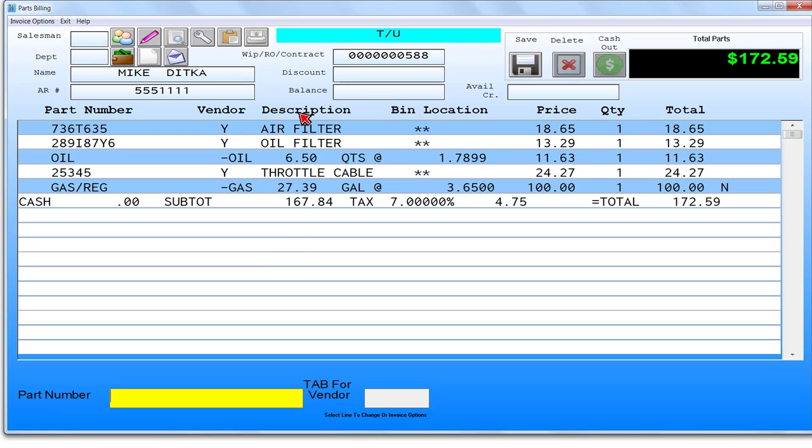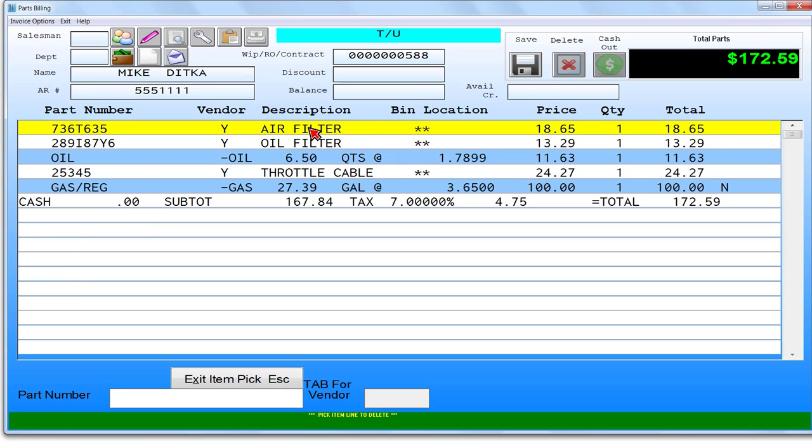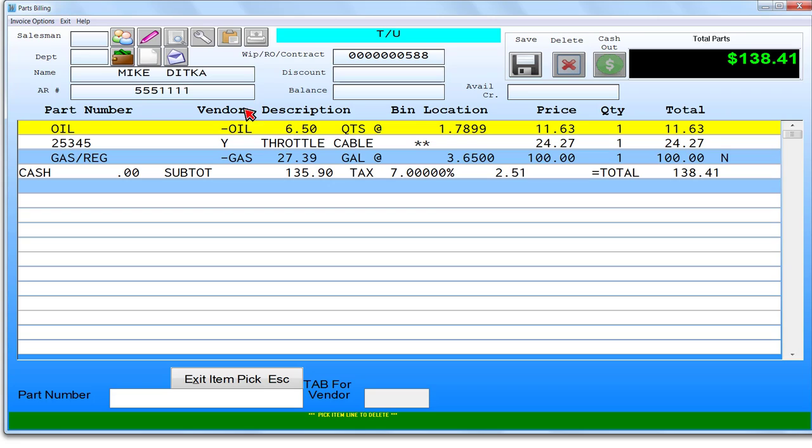Now in this case, if I want to delete a particular part, I would do the same thing by clicking on the line or selecting the line here, delete part, pick the parts I want to delete. Now in this case, you cannot delete the whole invoice. We're working with a service work order. If we need to delete all the parts from the particular service work order, this happens to be 588, you have to select each individual part